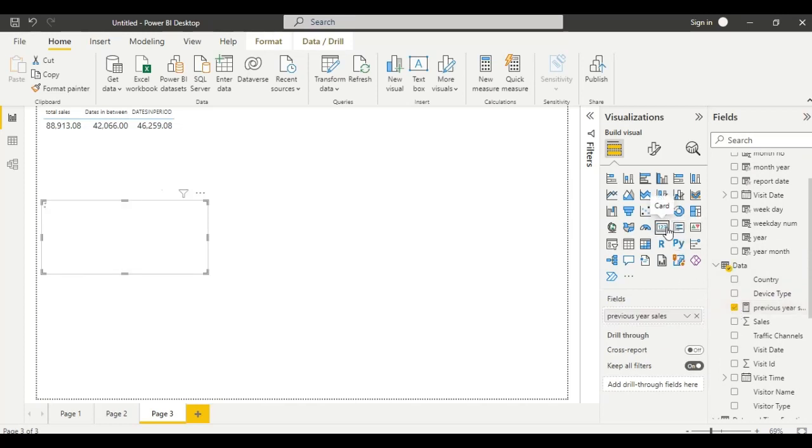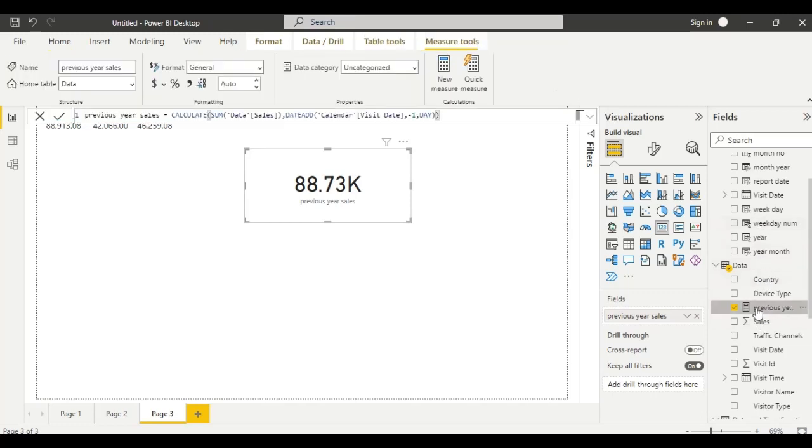Let us see the card view. So this is previous year sales. See, let us change. If you want to see present year sale, we have to keep here 0. Click enter. So here the values are changed.